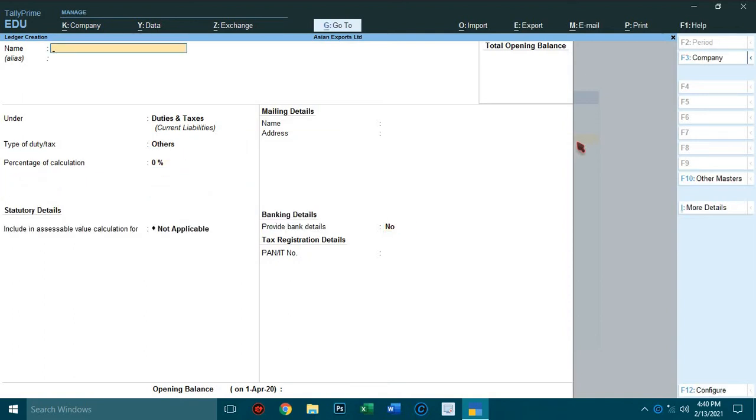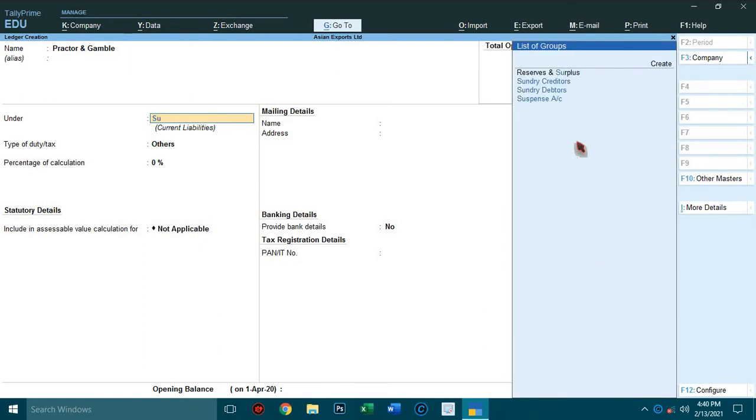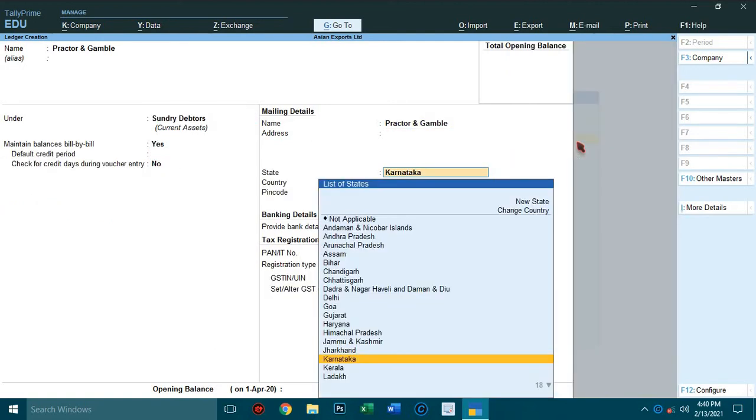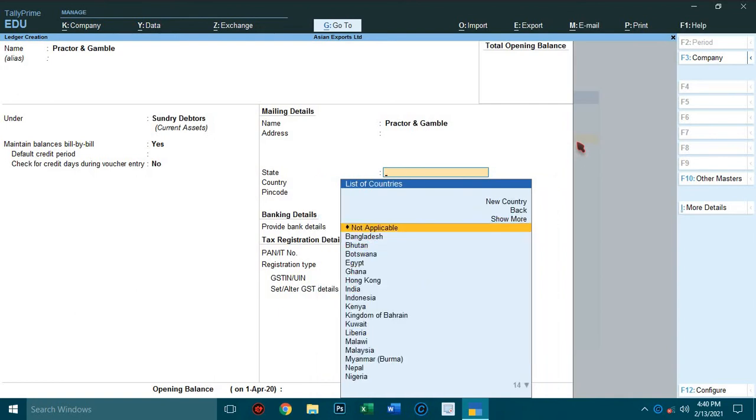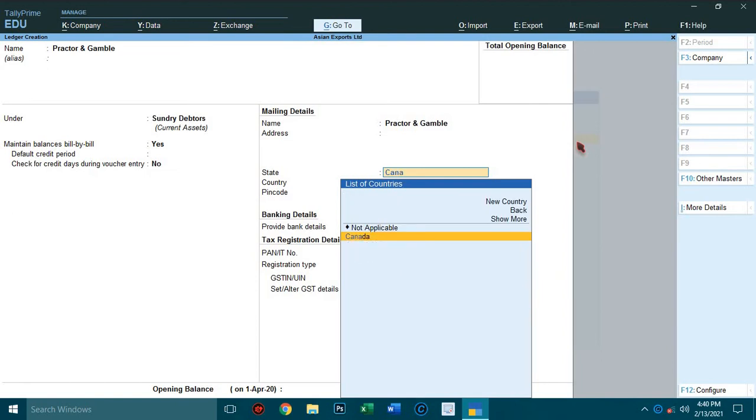So create customers. So Procter and Gamble, they are a foreign customer. Under sundry debtors, select sundry debtors. So change country name. Just assume he is from Canada.